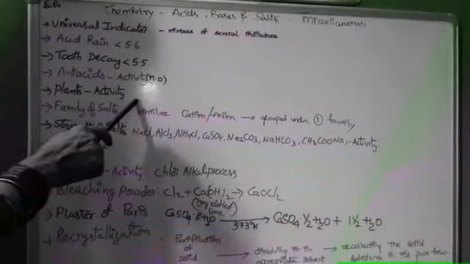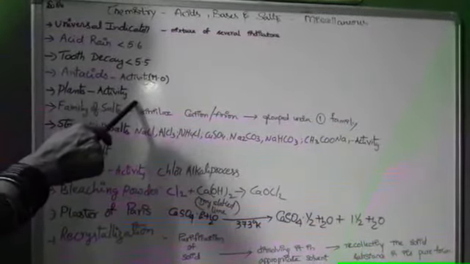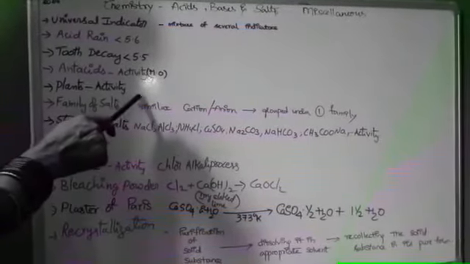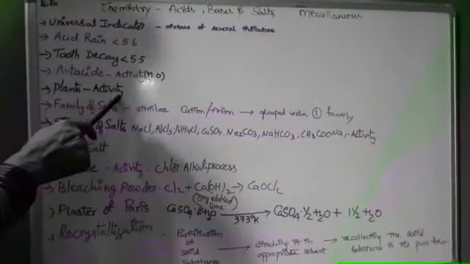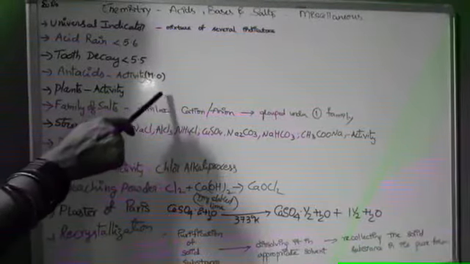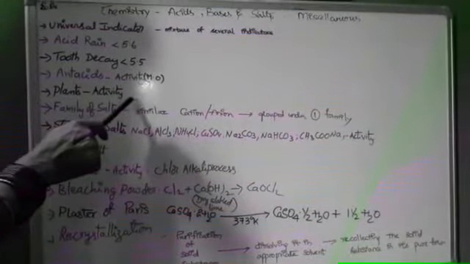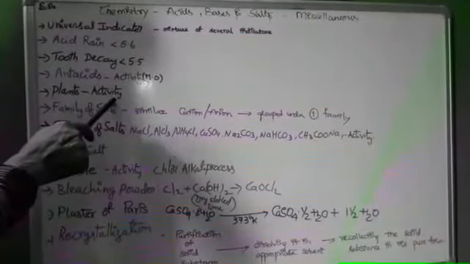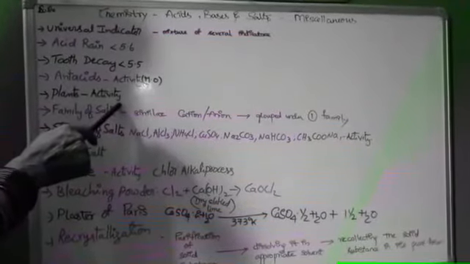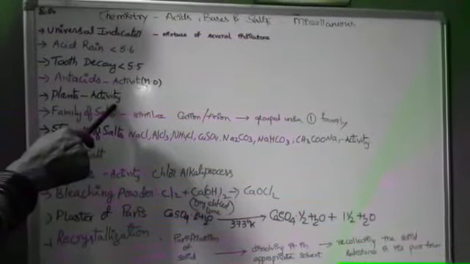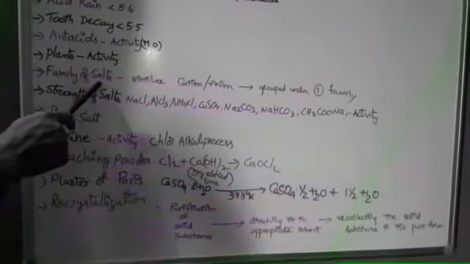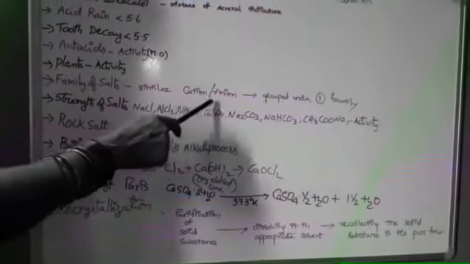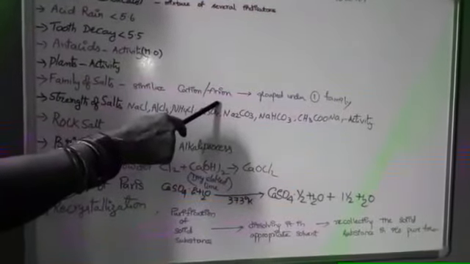Then the filtrate is collected. Let us use the indicator to know whether the soil is acidic or basic. By knowing the color, we can identify whether the given soil is acidic, basic or neutral. Based on that, agricultural scientists suggest to farmers to add acidic fertilizer, basic fertilizer or neutral fertilizer.